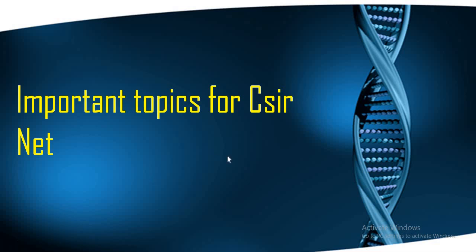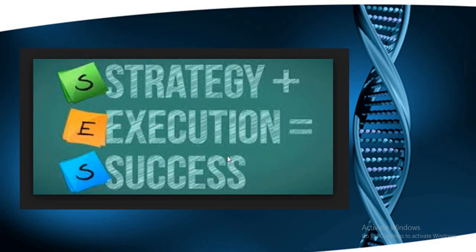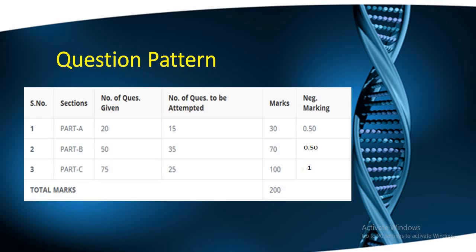Its execution will lead to a success, which is definitely your qualification of this CSIR examination. So as we know, there are three different sections: part A, part B, part C. The number of questions in part A is 20. The number of questions in part B is 50, while the number of questions in part C is 75. Out of these 20 questions in part A, you need to attempt only 15 questions, and